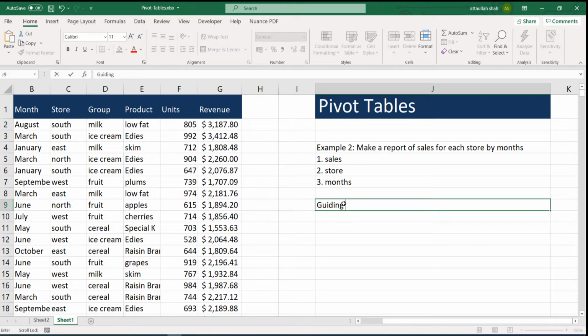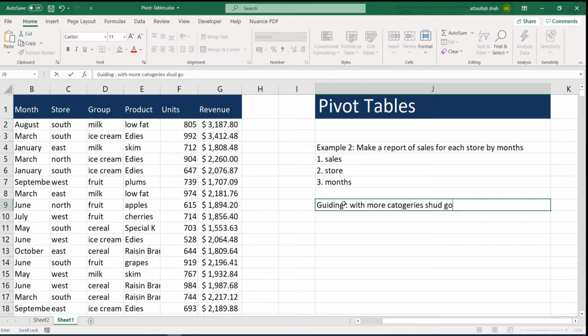The one with more categories, items with more categories, should go to rows, and this way the report usually looks nice.